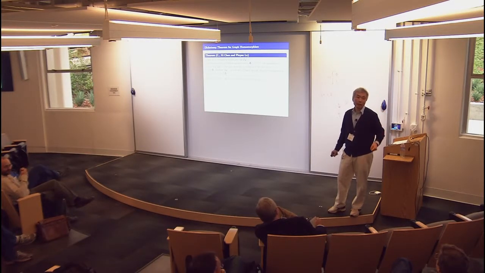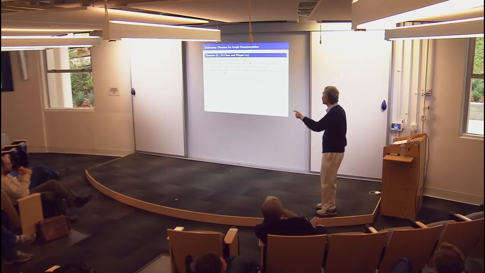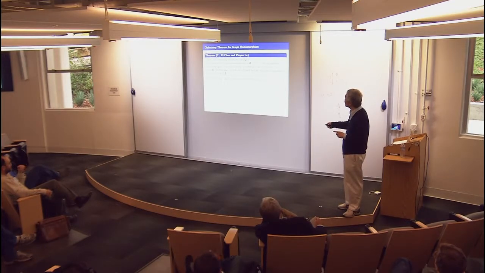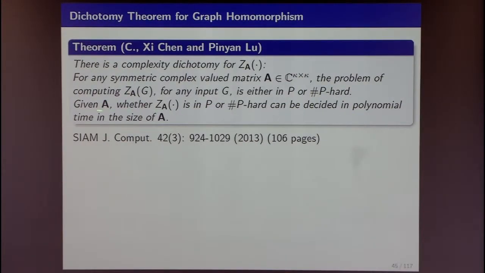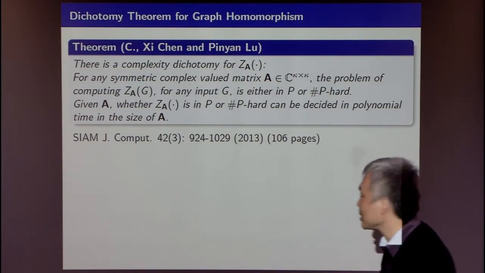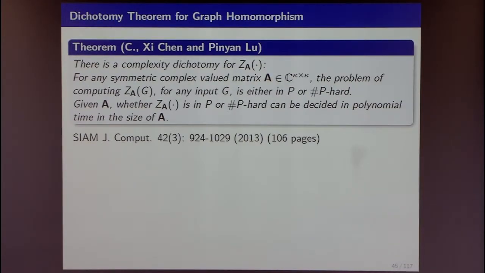Yes? So do you also have the description for which A it's like that? Yes, that's a very good question. Let me just phrase his question properly so everyone understands what the question is. First of all, there is the question of, given an A fixed, the computational problem of, given G, what's the complexity of computing the partition function Z sub A of G? Okay, so A is fixed, A is constant.